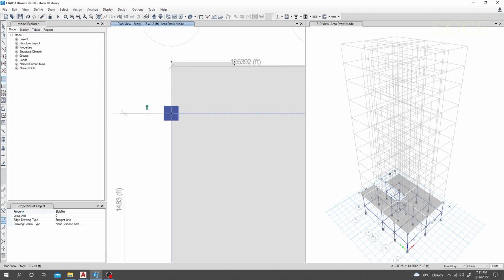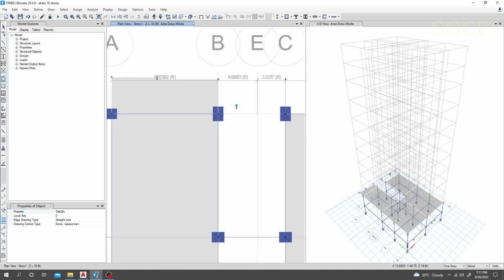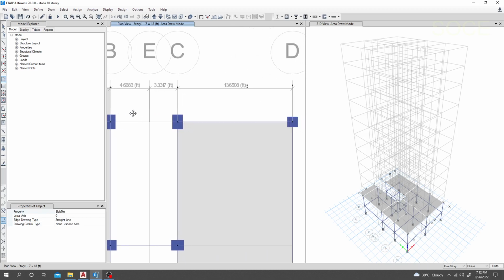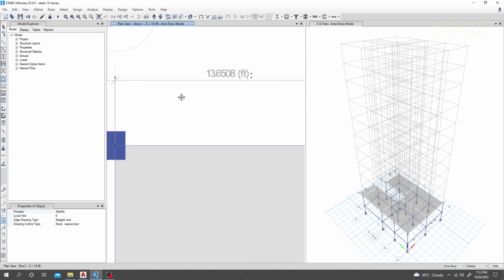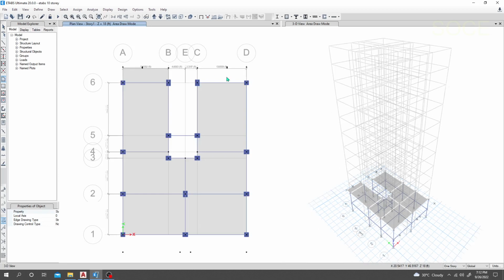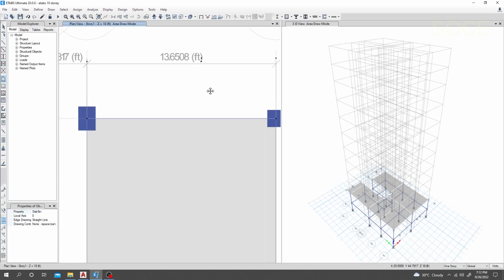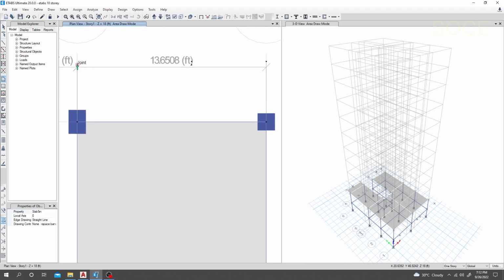Just see, it's done with perfect shape. For that side also, here, that point,